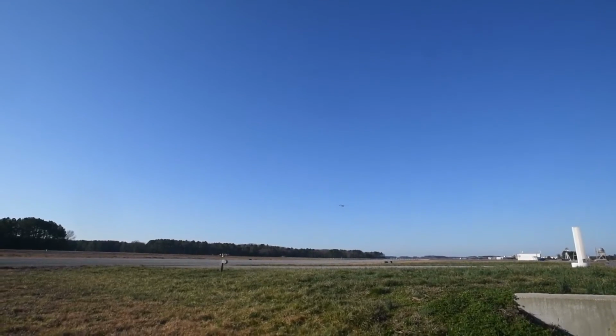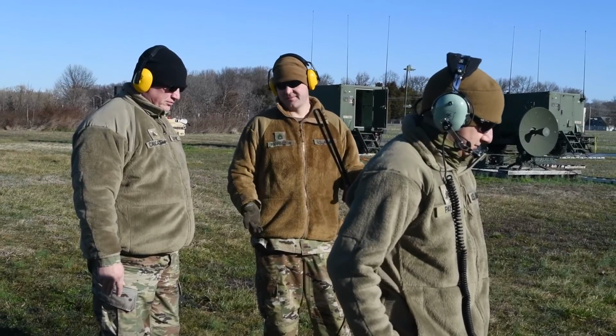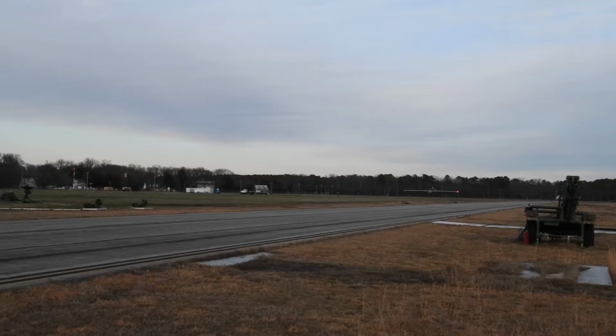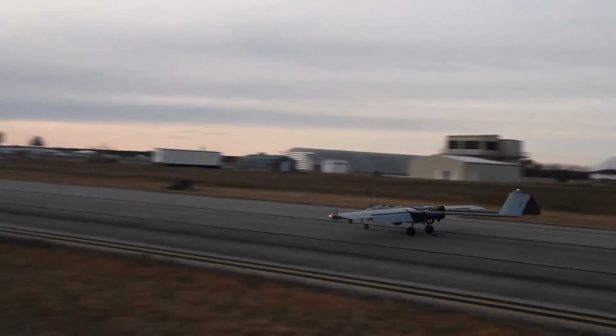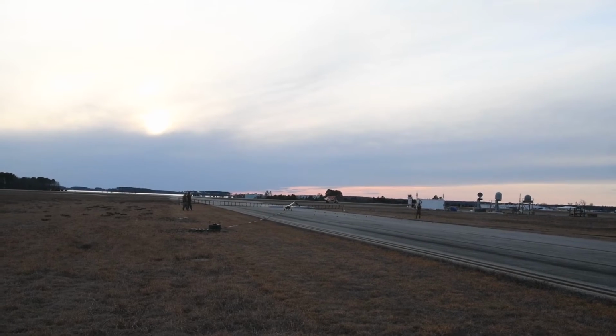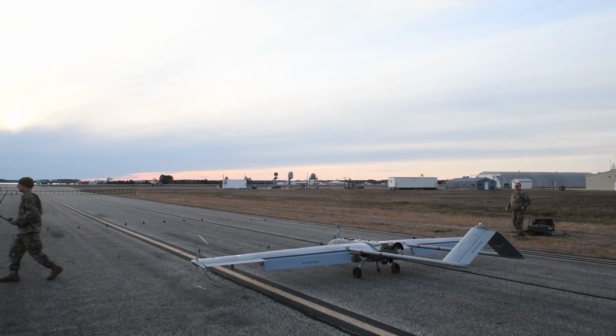And the importance of UAS missions is never lost on maintainers and operators. The job is quite demanding, but at the same time is extremely rewarding, knowing that what you do here is important, as simple as it seems. Sitting in a box and watching the ground with the camera is very important, especially overseas. I've been overseas and I've used this system, and I'd like to think at the end of the day that